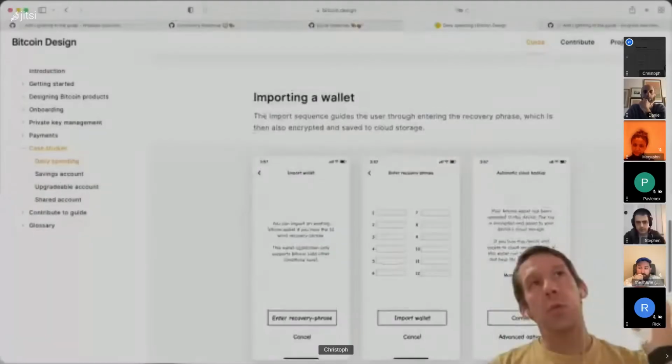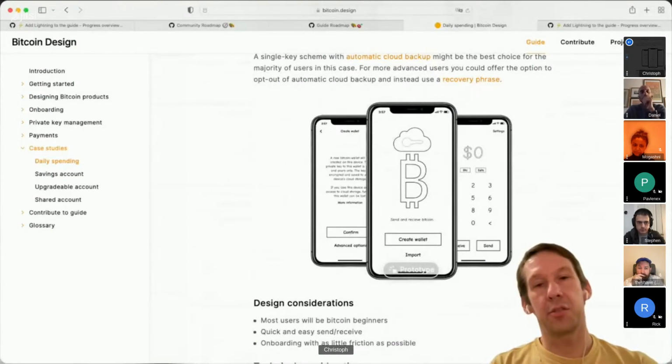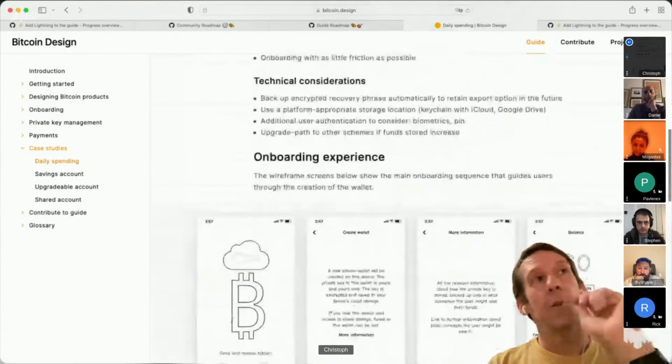Like it says, onboarding with as little friction as possible. That's just calling out to be linked to the onboarding section. And then, obviously we need to sprinkle in some Lightning updates to this page and all of that. Yeah, so we could potentially merge this with just onboarding and payments, and that is the mega case study. Alternatively,